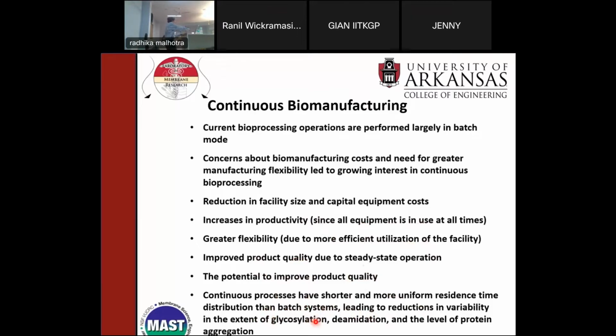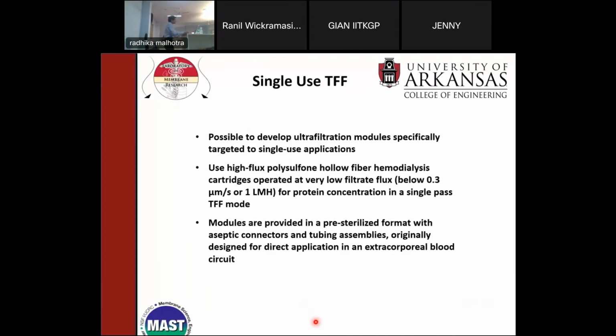So actually all of these are fair. The advantage is manufacturing cheaper, you don't have to set up and take down, and also importantly, you get uniform product quality. Those are the reasons for trying to do this. And so, as I said here, there is a single,